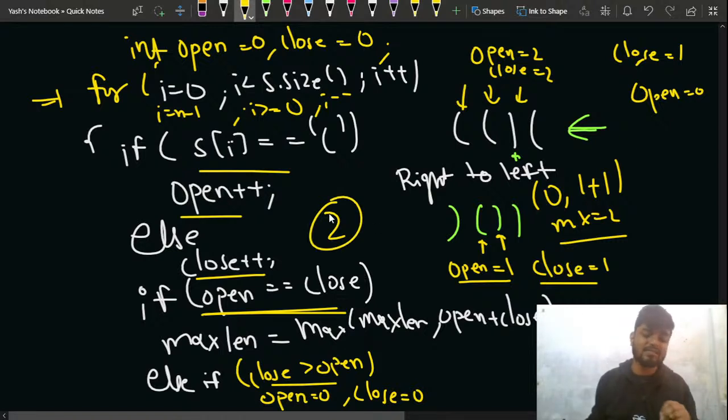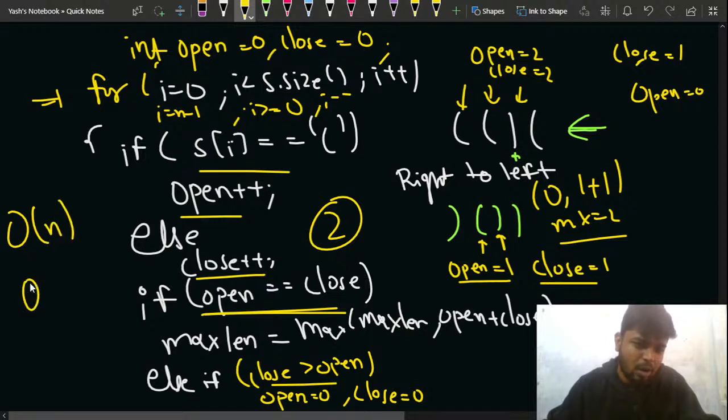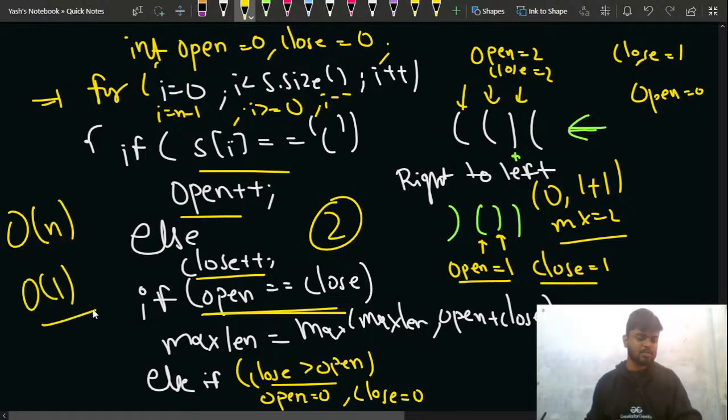Notice, are we getting this? If this much part is clear to everyone, please quickly give me a +1 in the chat. This is the approach of doing it using a little bit of greedy approach or implementation approach, so that what we can do is we can have it in order of n time and order of 1 space, right? Is this much part clear to everyone?